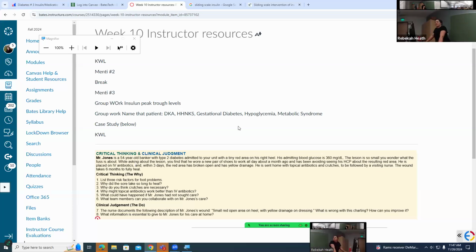Okay, I cannot figure out how to make my case study bigger, so you're going to have to squint or just listen. I'm going to give you a scenario and then I'll give each group a few questions to answer. This is actually directly out of your book as well. So Mr. Jones is a 54-year-old banker with type 2 diabetes,